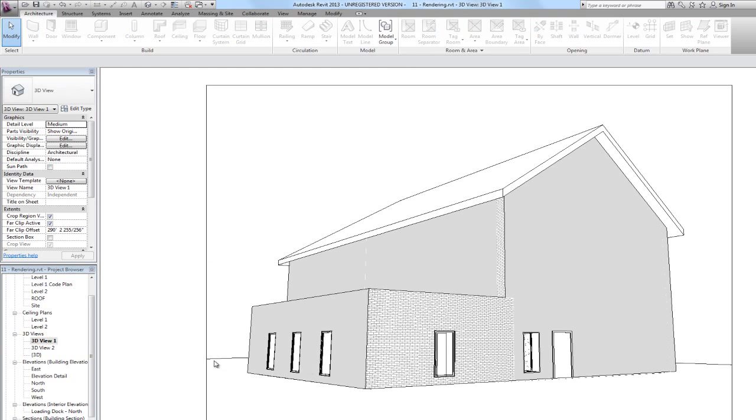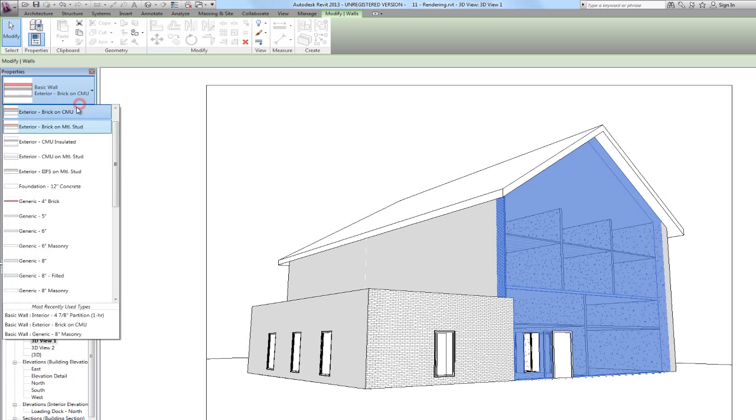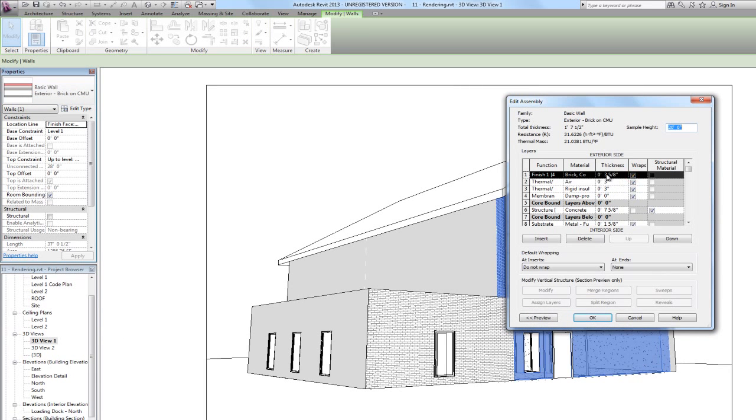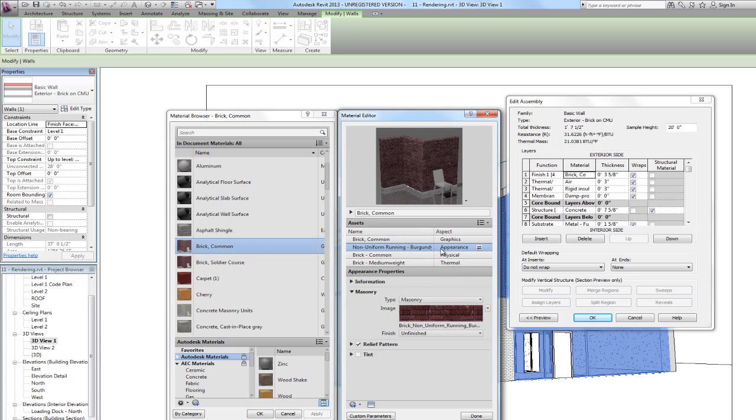If we go back to our outside camera view, we can select this wall, go to Edit Type, Edit Structure, and click on the material for the brick. If we want to pick a different material, we go to the Appearance here and click this little button